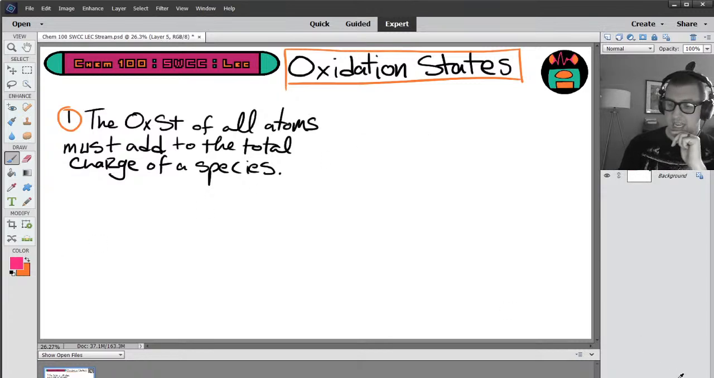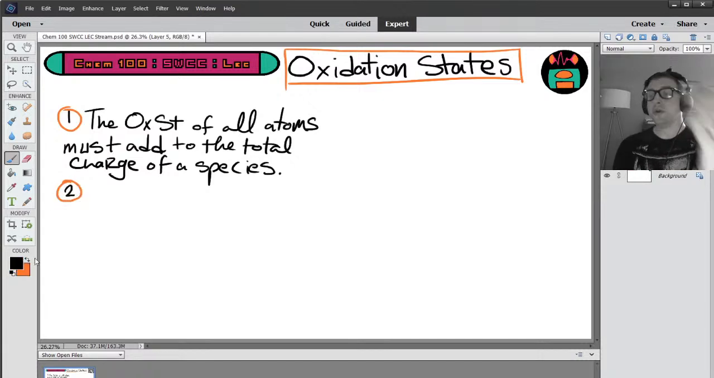All right, let's look at rule number 2. Rule number 2 is about hydrogen. Now remember, these are given in terms of priority. So if rule number 1 doesn't help you, you move to rule number 2. All right, rule number 2 says hydrogen